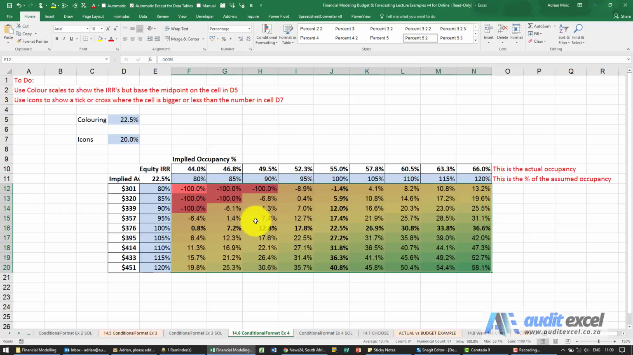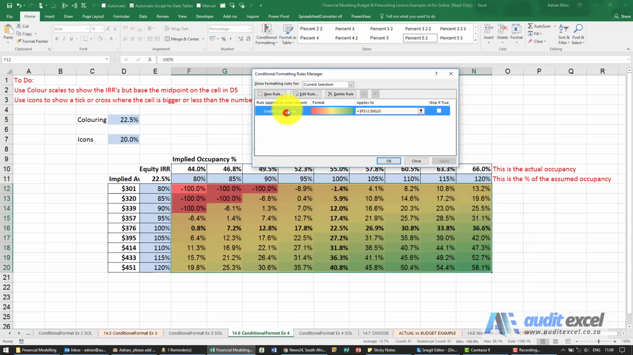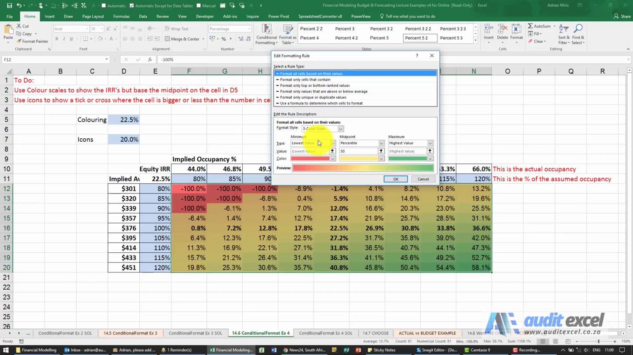That's currently Excel doing its own thing, deciding what it's going to turn red, yellow, and green. So I'm going to go to Manage Rules, going to edit it. The lowest value must be red, that's fine. Midpoint, we've been told, must use that cell there. So I'm going to use a number,